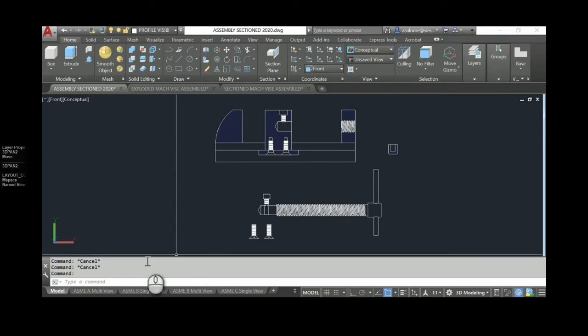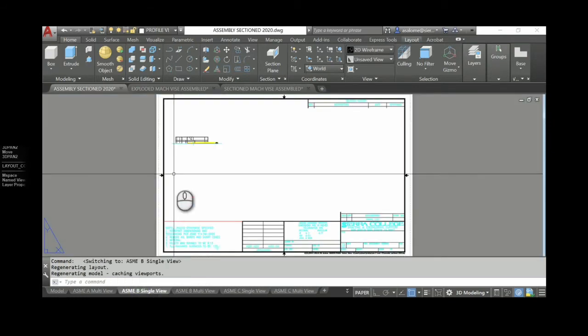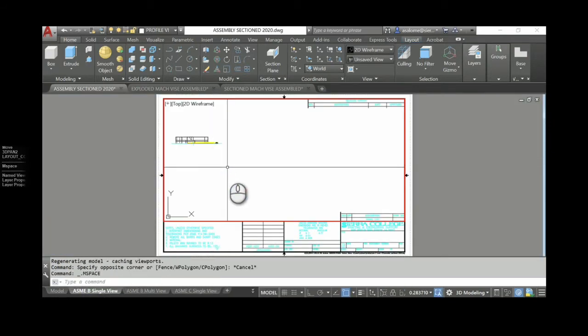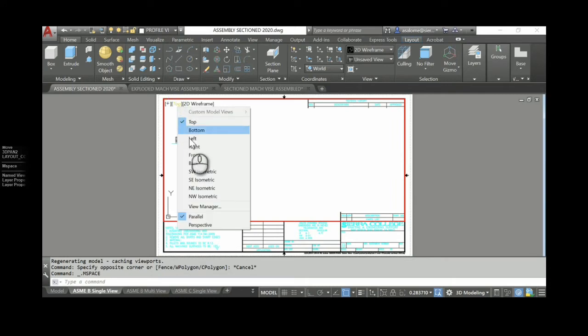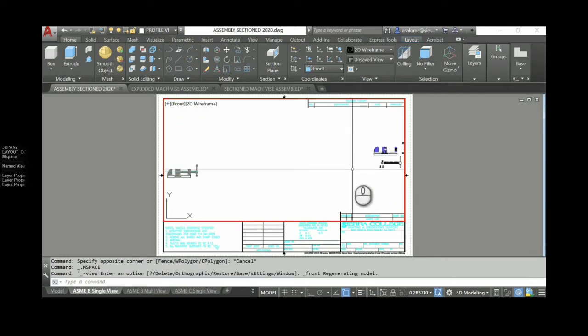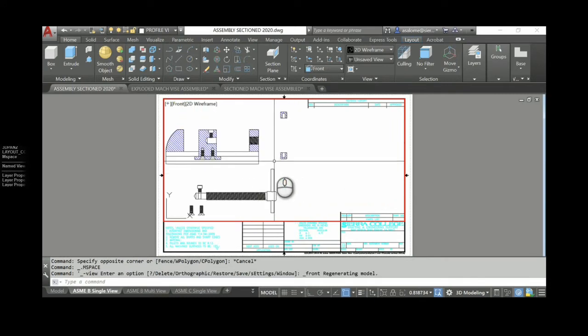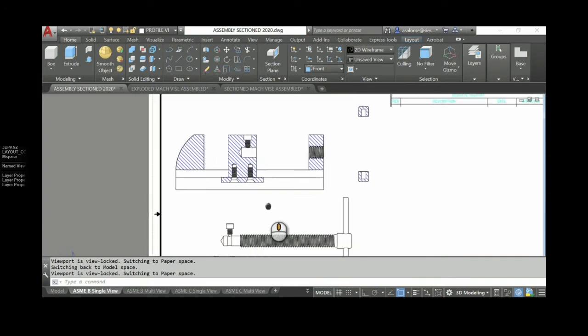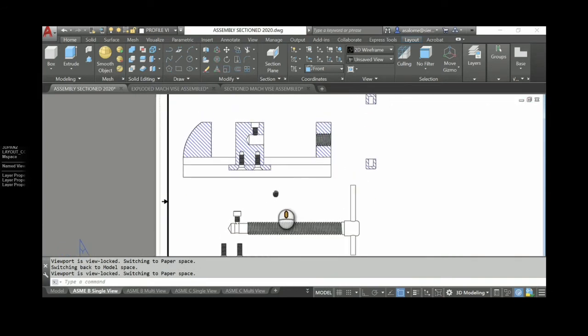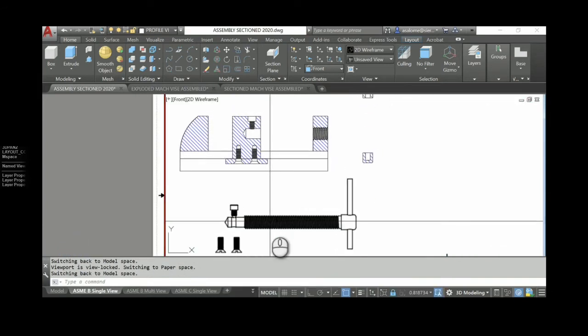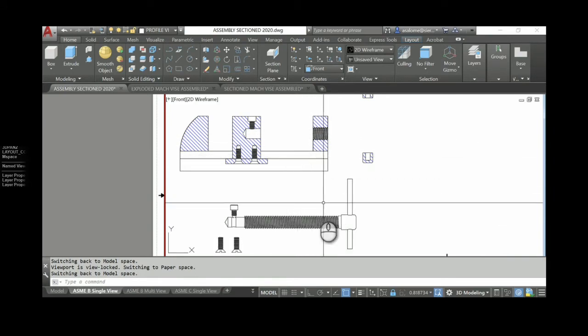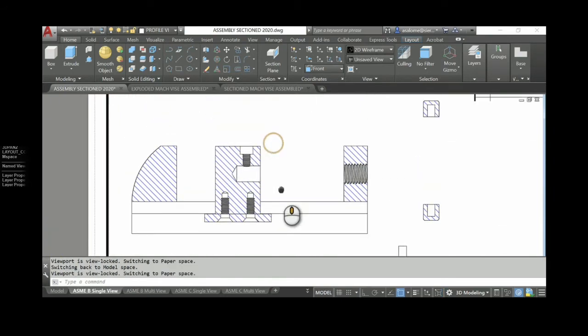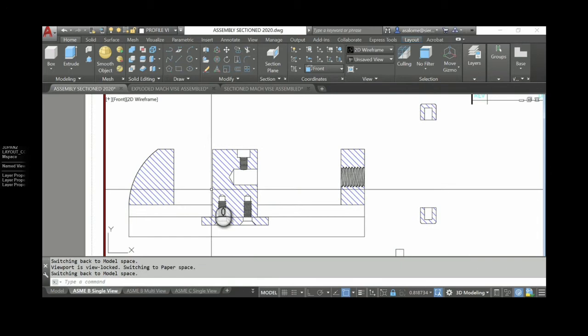And I'm going to go over to an ASME B single view layout. I want a front view, and I'm just going to zoom up on this. I'm going to change my scale later. Right now, I'm just going to lock it so I can work on it through here. Okay, so we're going to change a couple of things. Before we merge these two pieces together, we're going to do some work to our section block.